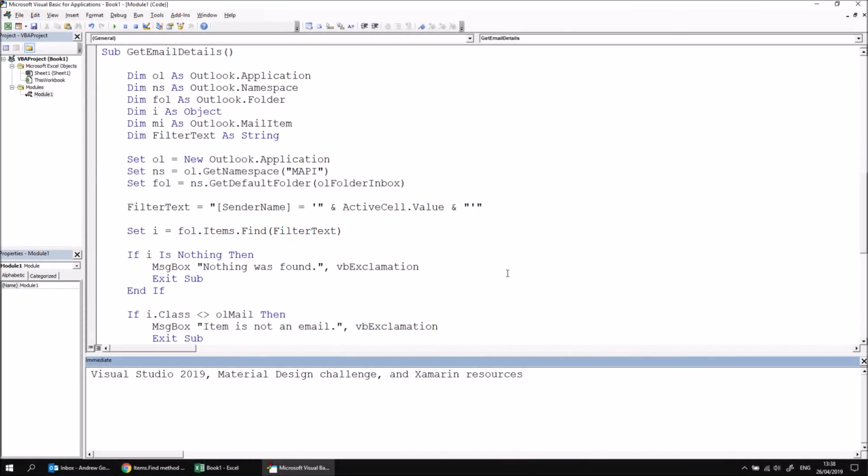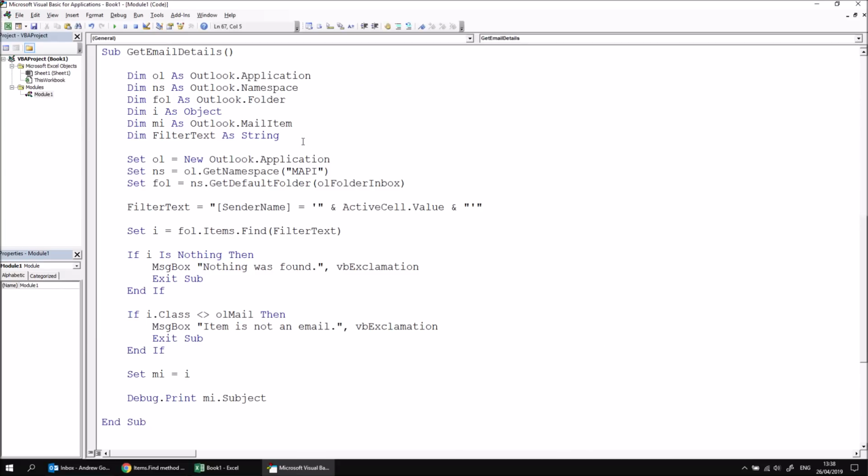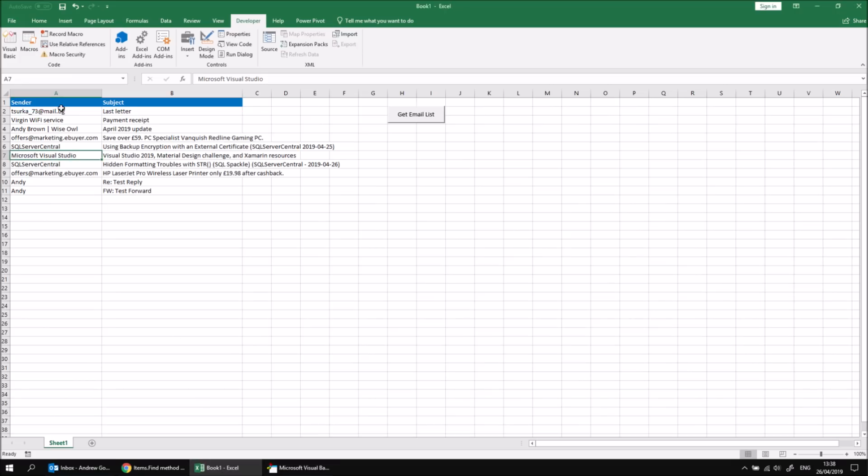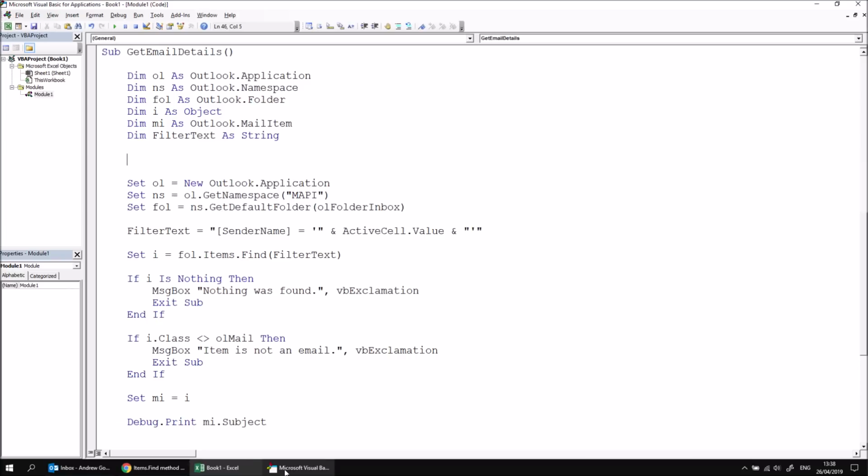As this system is dependent on the user having selected a sender name first, we should make sure that they have indeed selected a cell in the correct range. So before we do anything up at the top of this procedure, let me just close the immediate window to give us some more space. What we should do is check that the cell that the user has selected falls within the range starting at cell A2 and ending at whichever cell happens to be at the end of that list. We can do this using the application.intersect method. So let's write an if statement, if